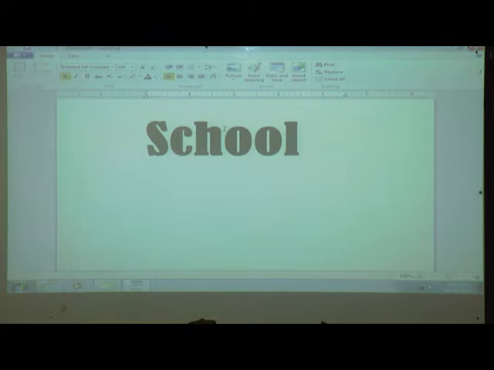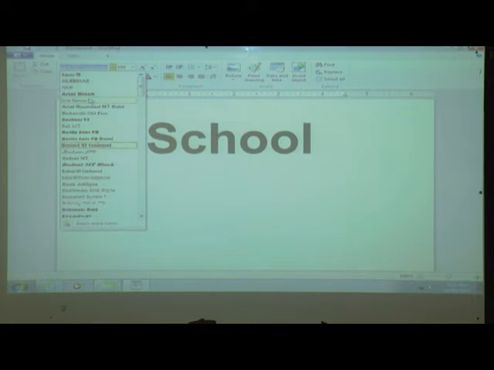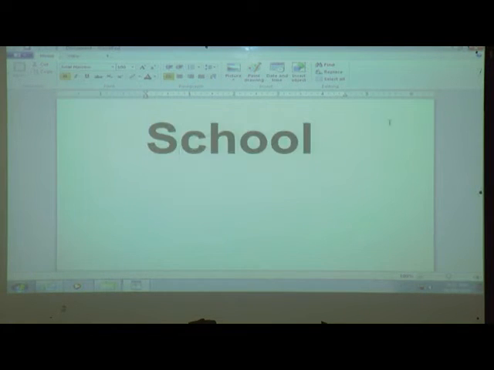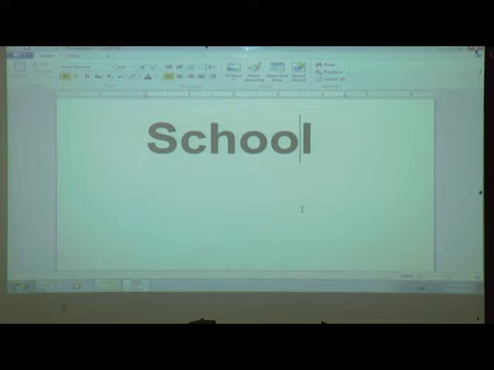Dark means bold. Right? This function makes the selected text bold. Firstly, we will choose another font style, then you understand. Now it is not bold. Now it is bold. Got it?